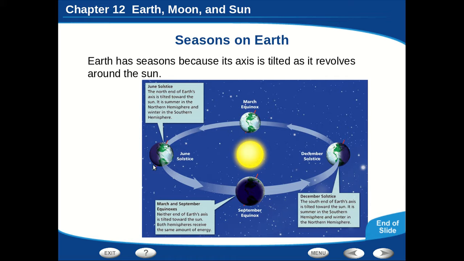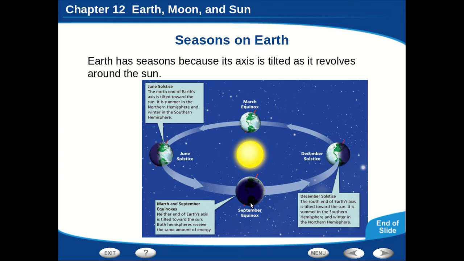The southern hemisphere is going to be rotating like this, but it's not going to be catching the most direct sunlight. And in fact, in December, the southern hemisphere is going to be catching the most direct sunlight. Why? Because in June, the northern hemisphere is tilted more directly towards the sun. Hopefully we can see that. And in December, the southern hemisphere is tilted more directly toward the sun. So hopefully that makes sense.